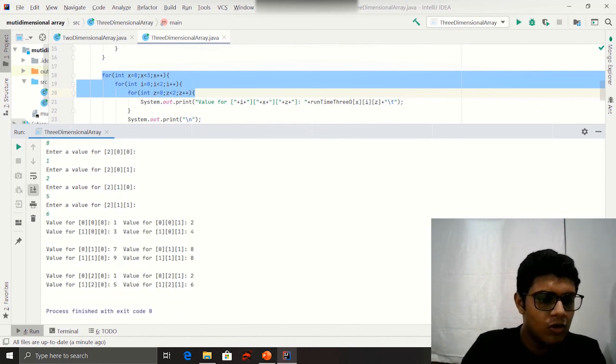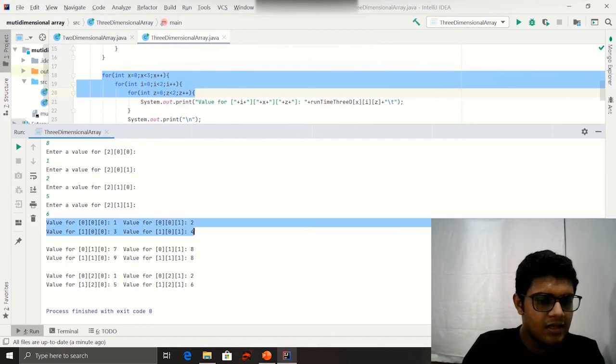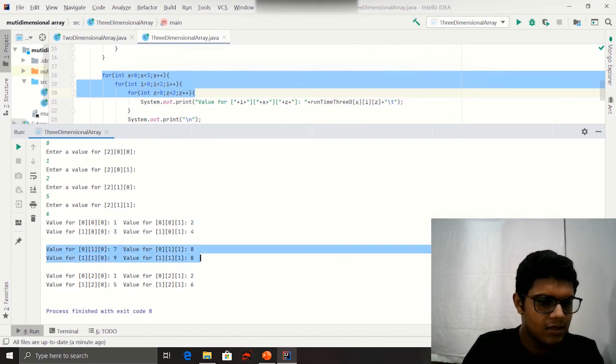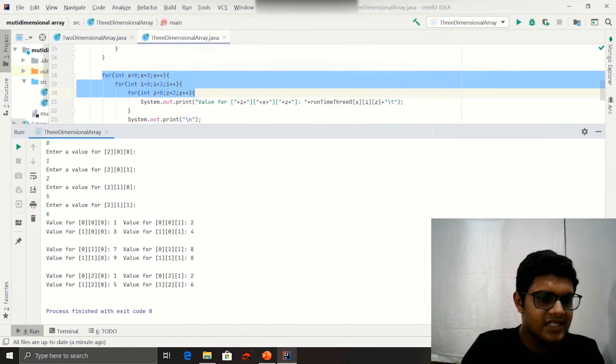And you can see the output. There are three 2D arrays, and each 2D array has two rows and each row has two columns.